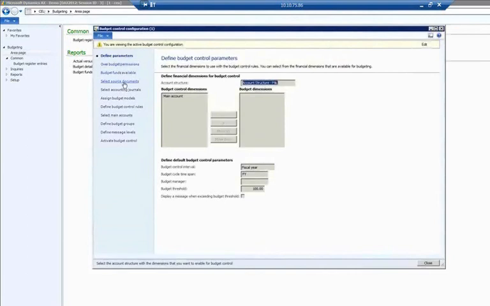The budget control configuration form has the following fast tabs: define parameters, over budget permissions, budget funds available, select source documents, select accounting journals, assign budget models, define budget control rules, select main accounts, define budget groups, define message levels, and activate budget control. So let's talk about the options and the implications of these options for use in budget control in Microsoft Dynamics AX